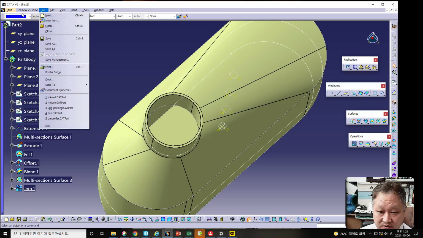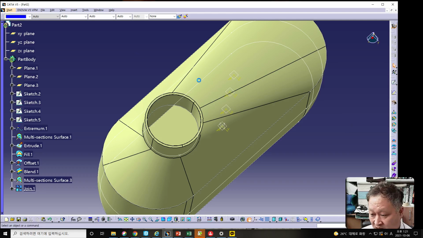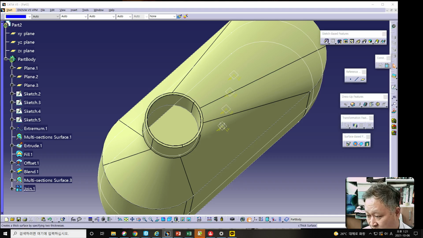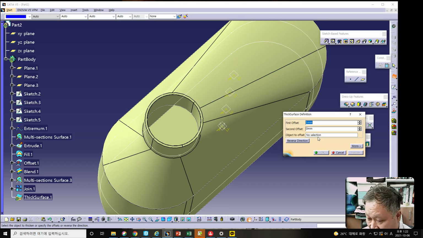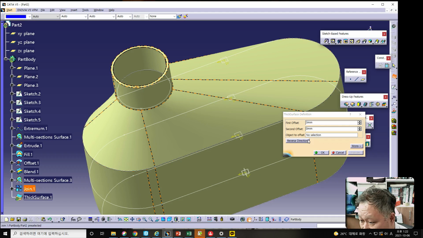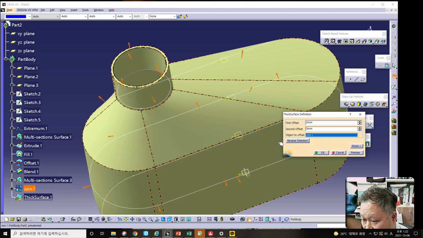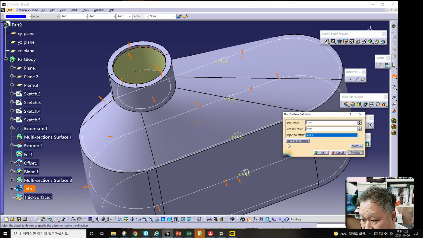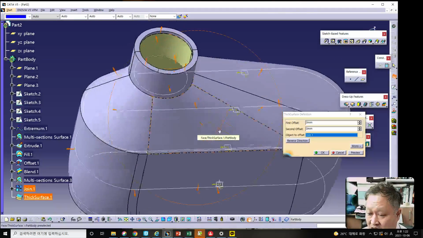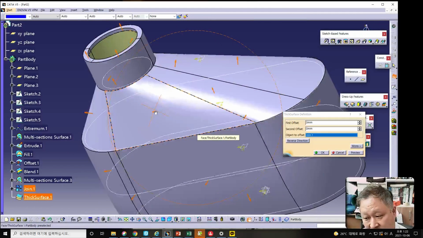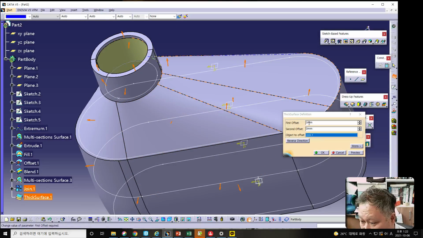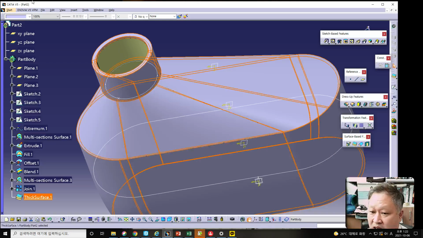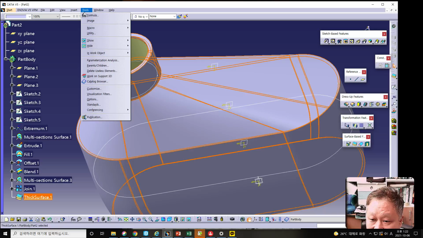And at this time, please enter the Part Design workbench from this operation, and by using thick surface, you can select 3 millimeters and the join one, and then if we click preview 3 millimeters, oh, it's too large, you think? 2 millimeters. I will try once again, and if you click OK,